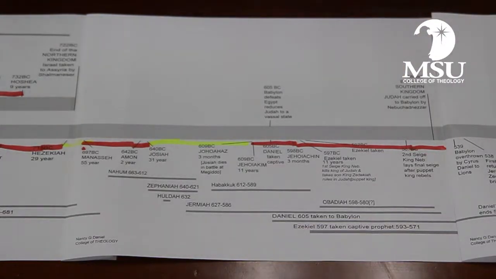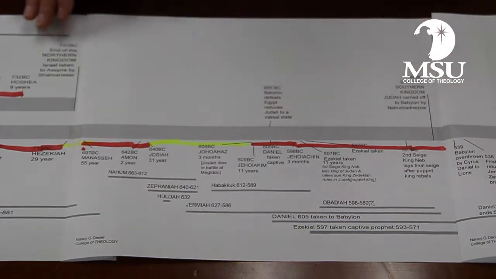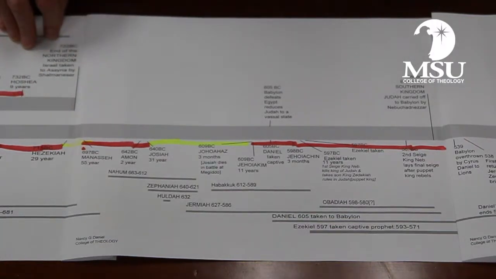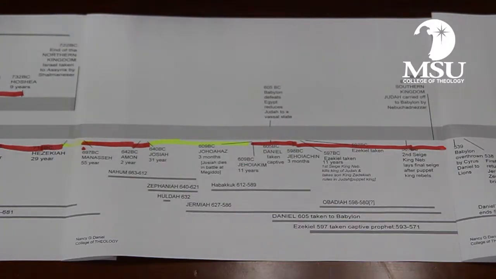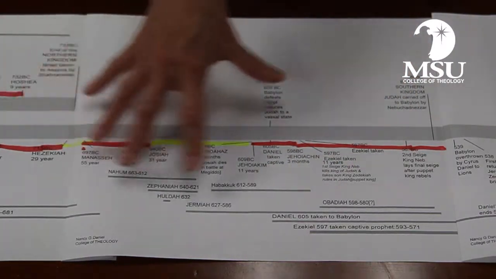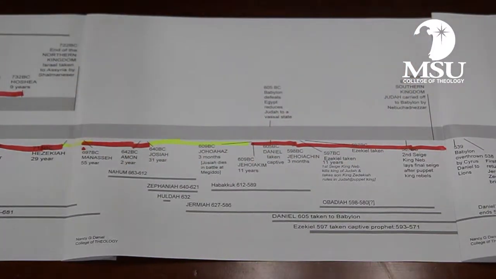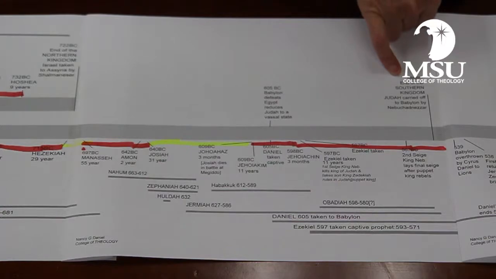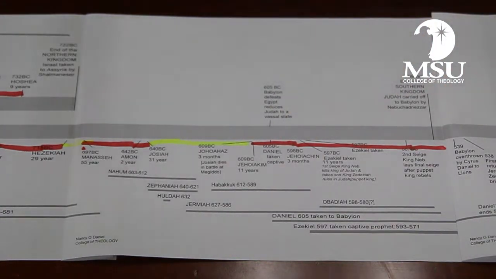Now I want to throw this thought out. First of all, when they were carried away, the northern kingdom was carried away to Assyria. That was physical pain and torture. Yes, they did capture their God, and they did capture the temple in the north. And in the south now, Babylon was capturing the temple, because they thought back in that day, if we have the temple, we have your God, we have you. You're done. So here's what happens. The southern kingdom gets carried away to Babylon. What happened in Babylon? It was Abraham. Abraham came from the Ur of Chaldees looking for a city whose builder and maker was God.